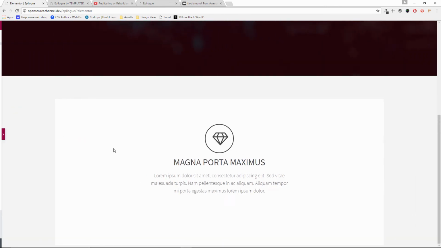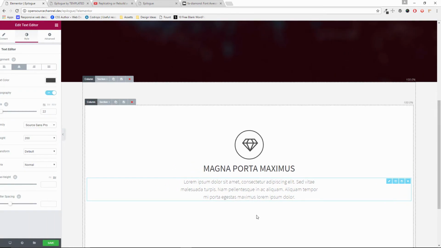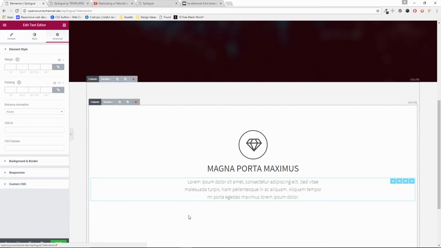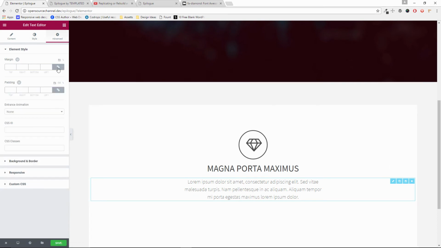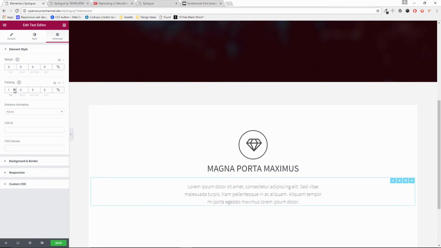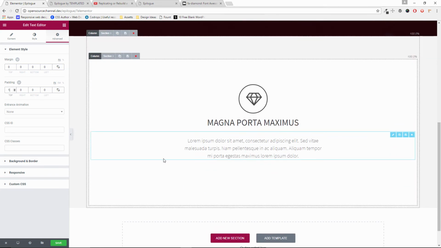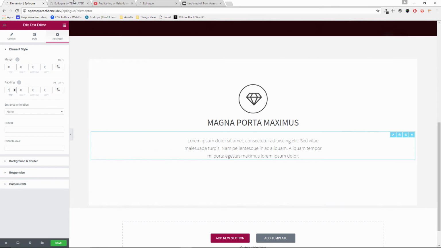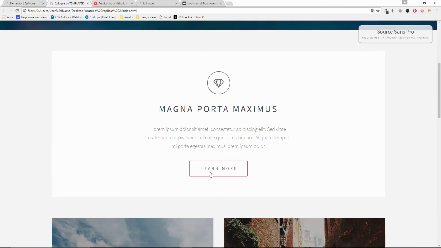It looks okay. It looks okay. There's just a little bit more space between this heading and the writing underneath. So what I'm going to do on this one here, I'm going to put a margin on the top of about padding on the top. Now there we go, 1 pixel there, and it looks perfect. Now we're going to do this button